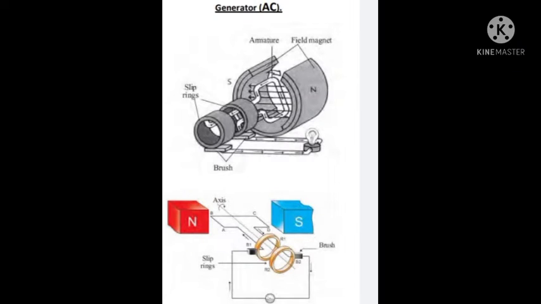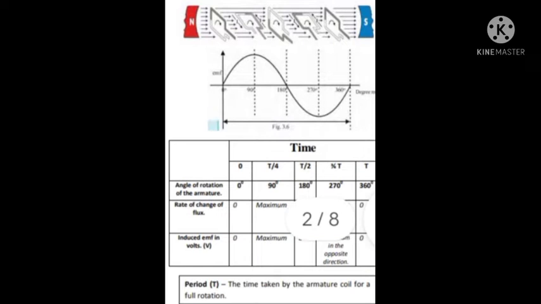It is the picture of an AC generator. We can see the parts of the AC generator: the north pole and south pole, which form the magnetic field, two slip rings, and an armature. The arrow mark is the symbol of the generator. In this picture, we can see the various stages of rotation of an armature coil while completing one rotation in a magnetic field, and the graph of the EMF produced by the coil.